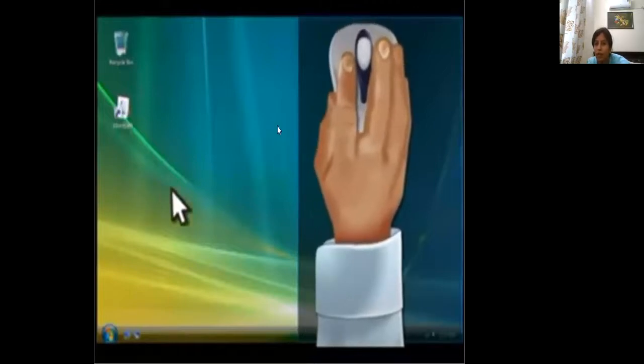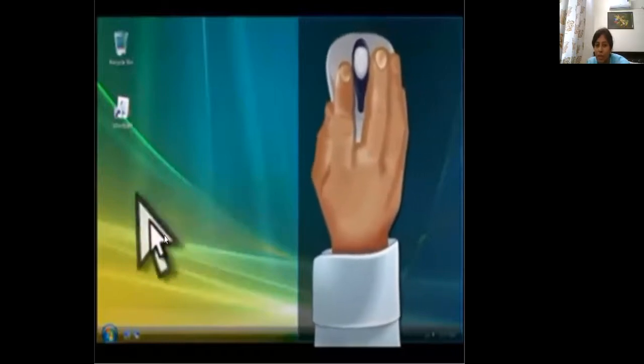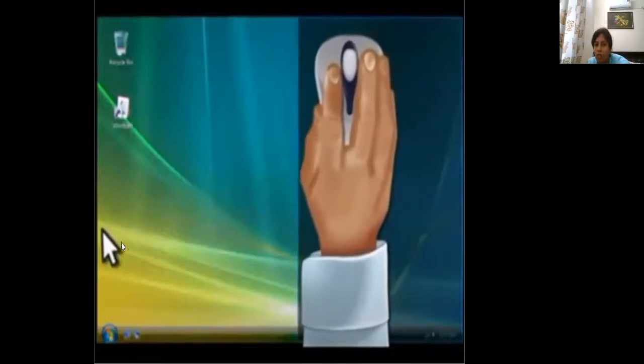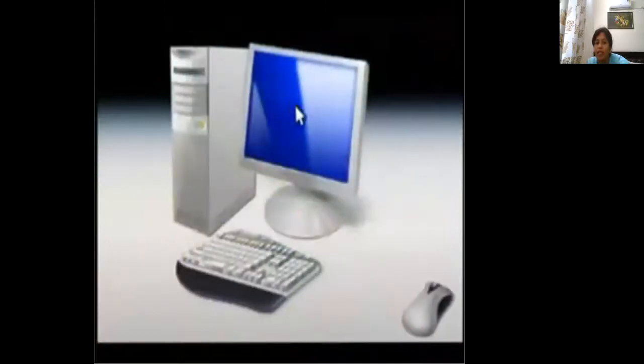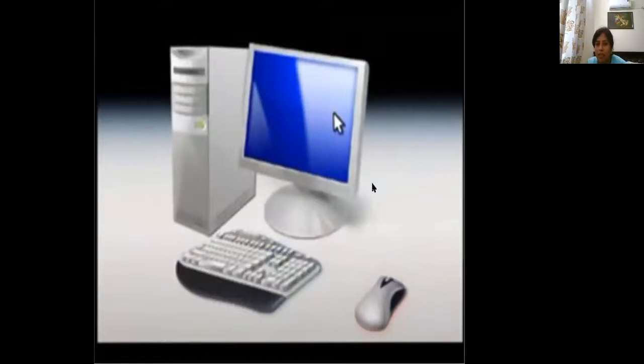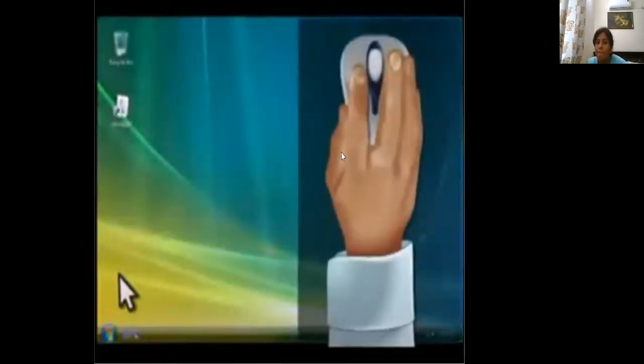So whenever we move our mouse, the pointer on our screen also moves with it.